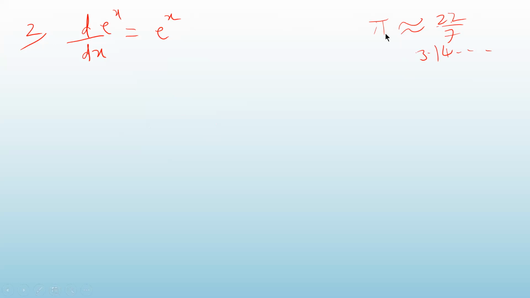It's an irrational number. In the same way, e is also an irrational number. It is called the base of natural logarithm. Those who have studied this in school days may know this. If you have not studied logarithm in school days, it's okay. You just remember that derivative of e raised to x is e raised to x. Just remember e is the base of natural logarithm, an irrational number like pi. This much is enough for you to understand. So derivative of e to the power x is the same as e to the power x. This is our second formula.